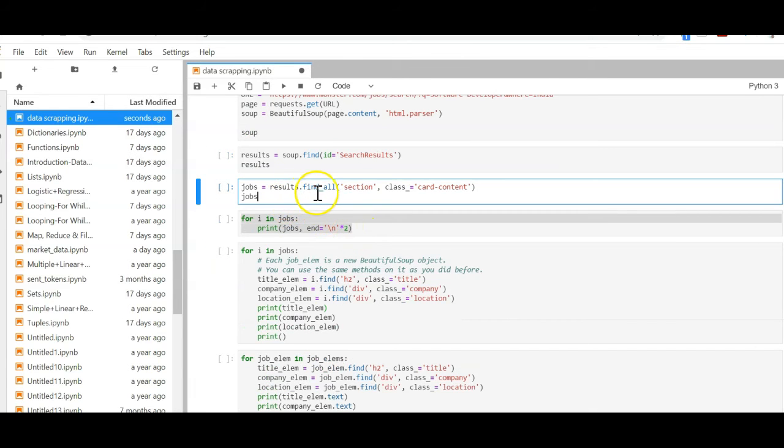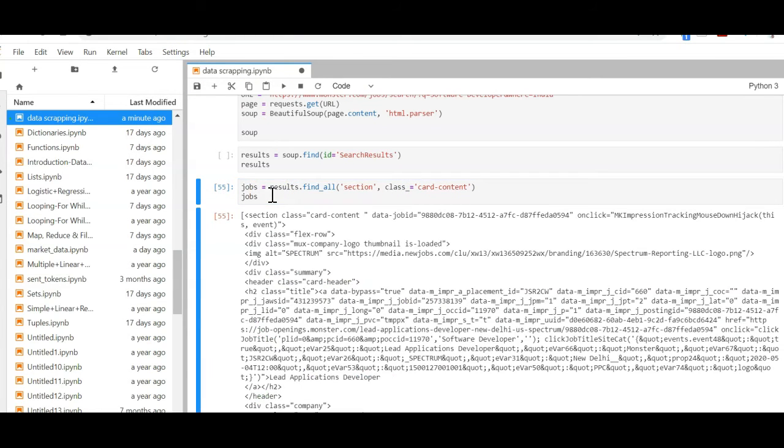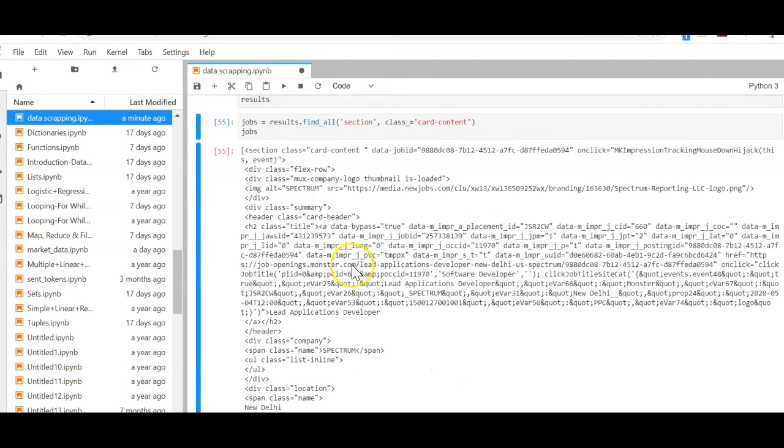What happened here is that I'm going to find all the jobs under the class card content. Let us see the class. So this is the section class card content, but there is still a lot of data.